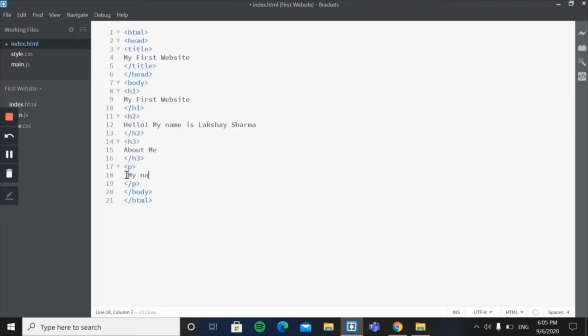So I am writing that my name is Lakshay Sharma. I am 11 years old. I study in class 6th. I can also write, I have a certitude to become an astrological scientist based on my cognition